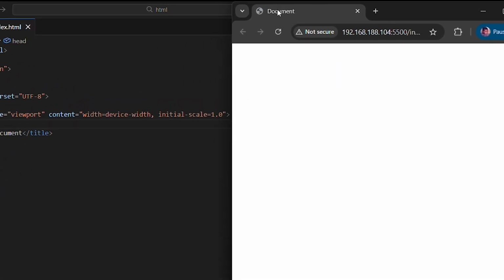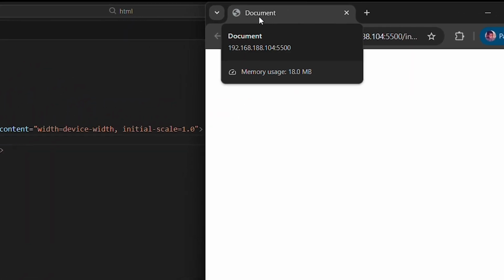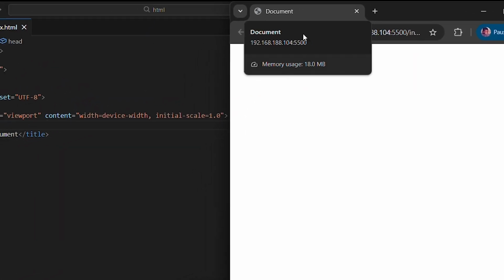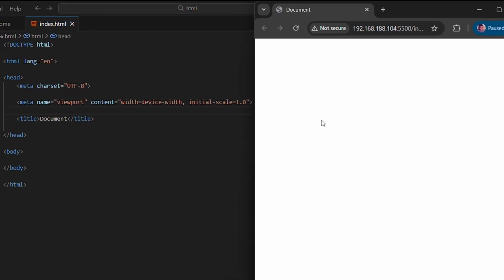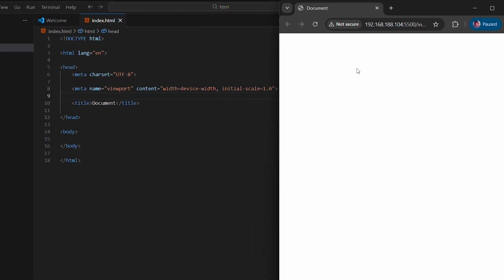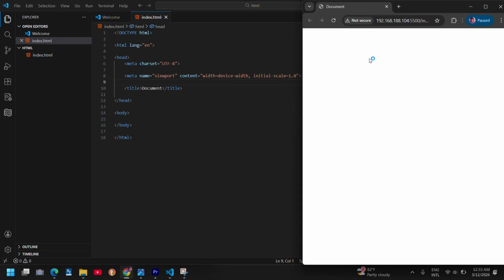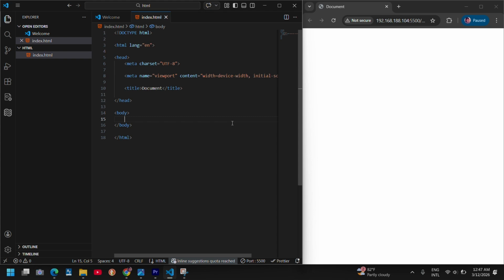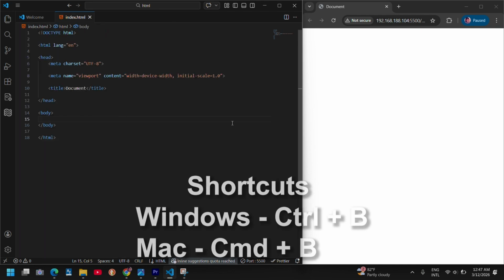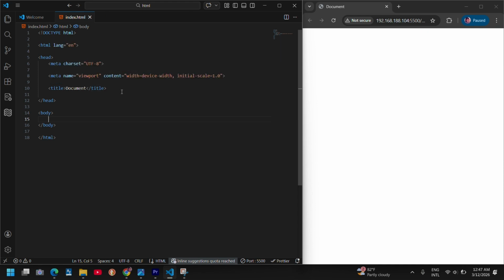As you can see, the name of our web page is set to Document. In order to see the live server in action, we have to set both applications side by side. I guess the Explorer tab is taking too much space since it's open. To close it, simply press Ctrl plus B, or you can just press on the Explorer icon and it will close it. So now we are going to change the name of our web page to